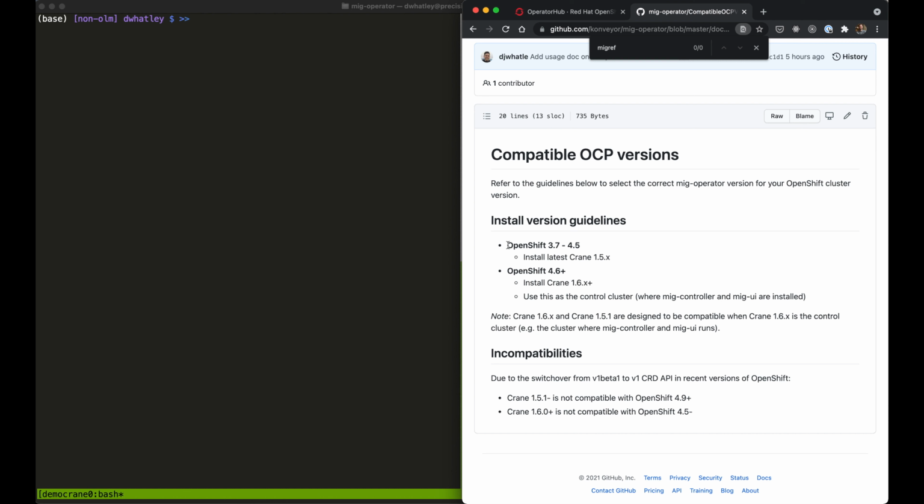In this video, we'll take a look at how to decide the appropriate version of Migration Toolkit for Containers, or CRANE, to install on your OpenShift clusters. Starting in OpenShift 4.9, the custom resource definition v1 beta 1 API was dropped. Because of this, we've had to make some internal modifications to the MTC source code that require us to install a separate version, or an older version of CRANE on your older clusters and use the newest version of CRANE